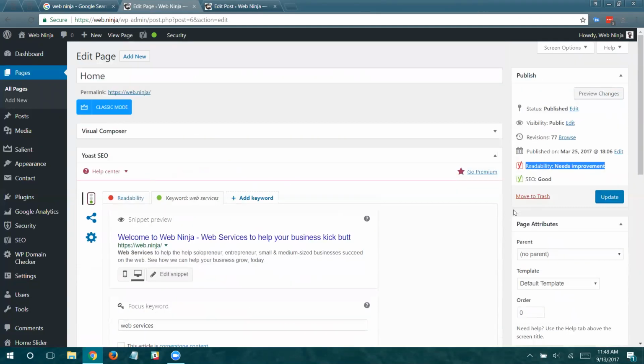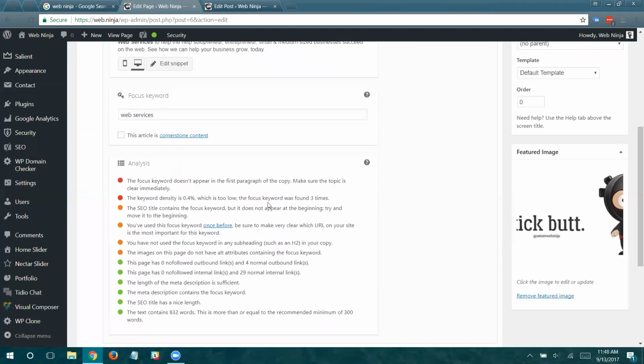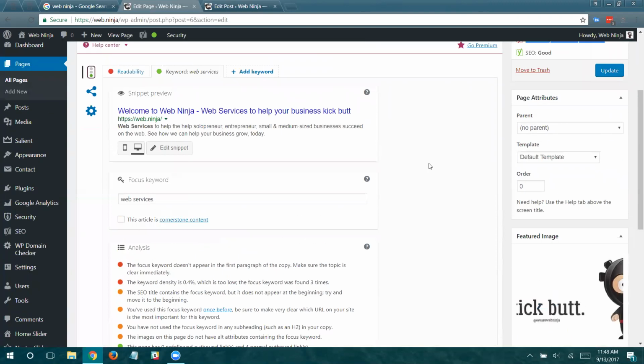So all in all, I have a good rating. I have a couple of things that are important enough to me that I'm going to go check them out, make sure that I'm doing a better job with my SEO there. Because again, what I'm trying to do is give the search engines a very clear picture of what this web page is all about. So I just want to give you another example.